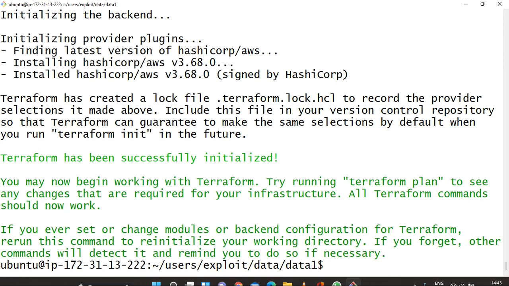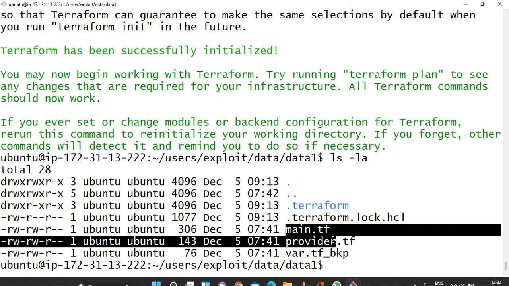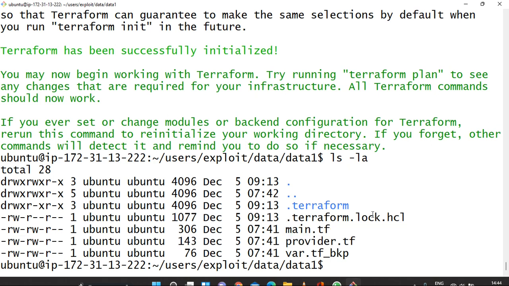Terraform has been successfully initialized. You can see the .terraform folder and the lock file got created. Now by using this main.tf and provider.tf we are going to create new instances.